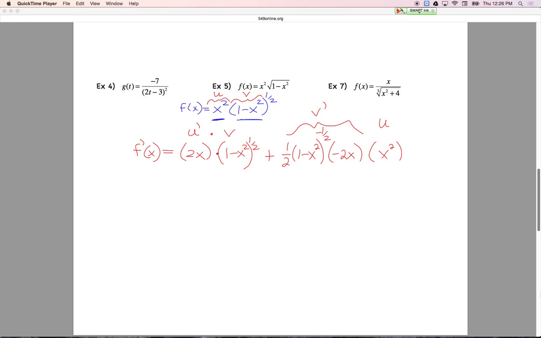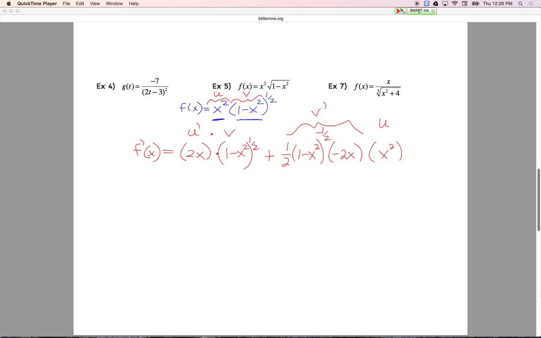See, when I got to v, did you recognize that it needs chain rule? Does everybody recognize why it needs chain rule? There's an inside part. There's two layers to the onion. There's the 1/2 power on the outside. You could call that f of x equals x to the 1/2. And then there's the inside. You could call that g of x equal to 1 minus x squared. So when I did this, it was starting with the outside part, the 1/2,